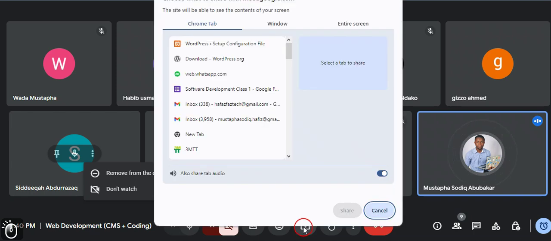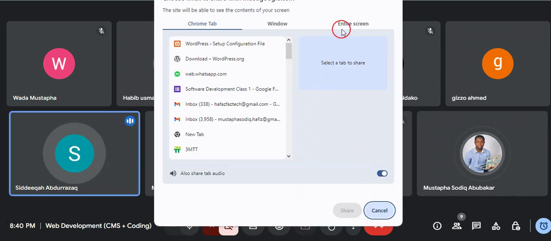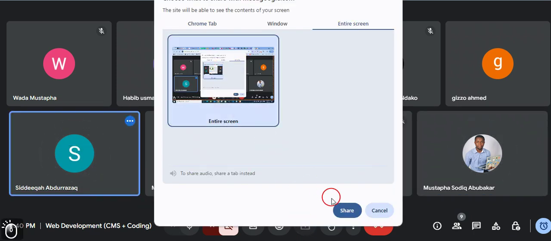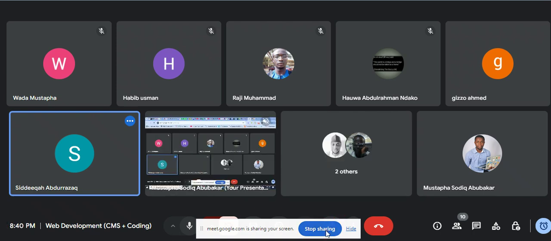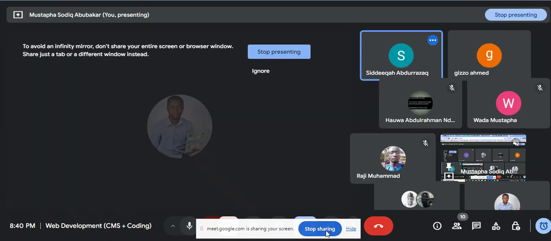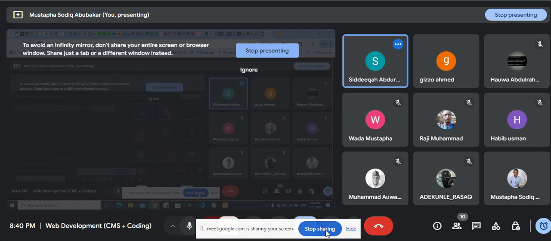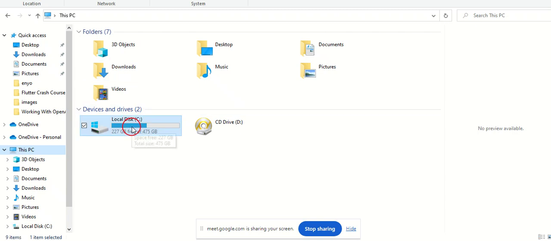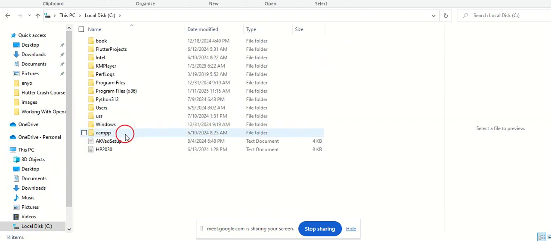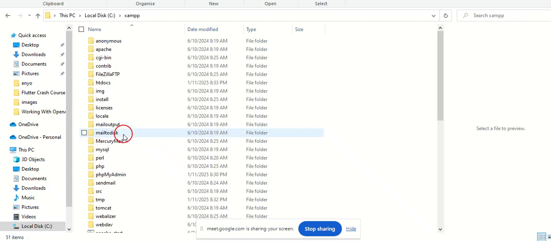Let me share my screen again. So now you just come back. This is your local disk. Definitely you must have seen this XAMPP, right? You click on it. I can't.